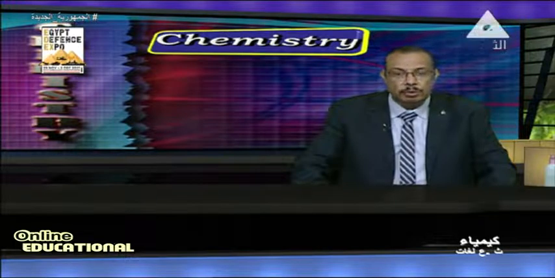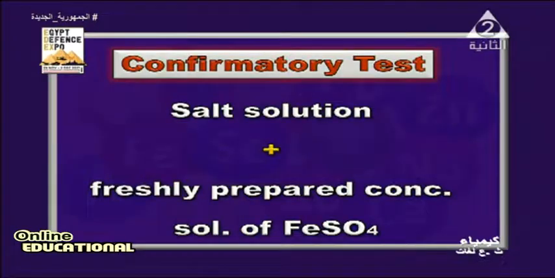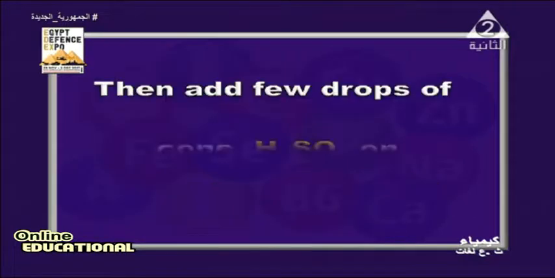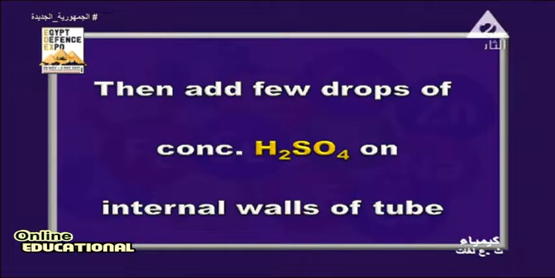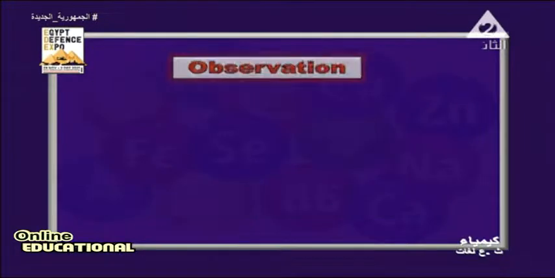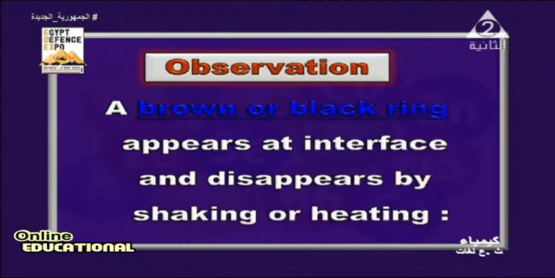So we are going to continue the experiment. Look at the screen again. The salt solution plus freshly prepared concentrated solution of iron 2 sulfate, then add a few drops of concentrated sulfuric acid on the internal wall of the tube. What do you observe? A brown or black ring appears at the interface and disappears by shaking or heating,